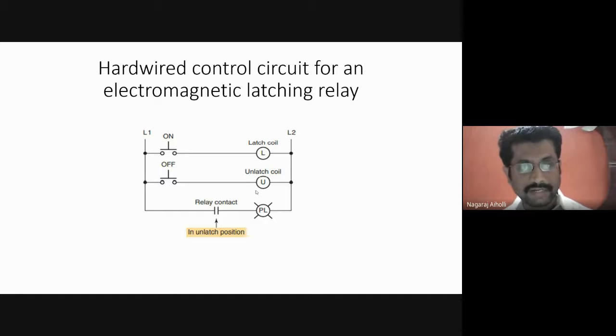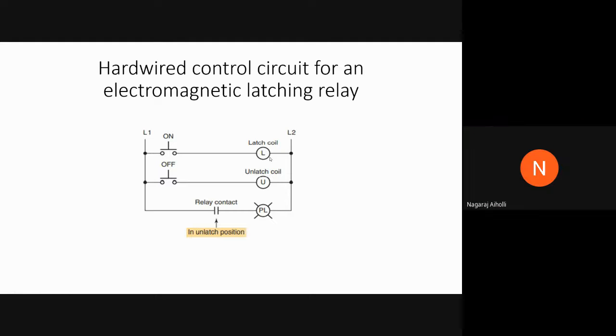But because of the relay contact which is used, right? This is our relay contact. This relay contact and this latching arrangement will be in the latch state or in the unlatched state, depending upon which coil is energized. If latch coil is energized, it will be in the energized state and the bit will be 1. If unlatch coil is energized, then the resetting of the bit takes place and it will become 0.